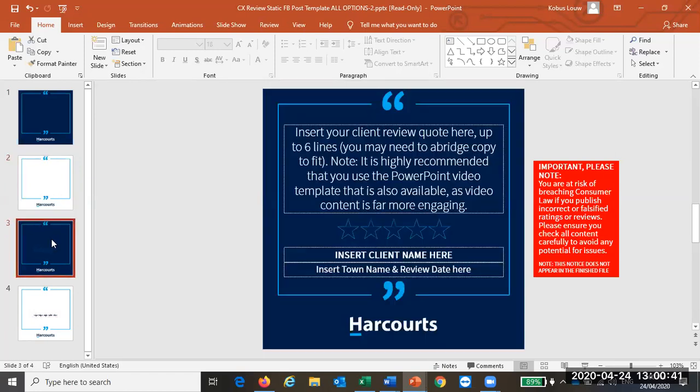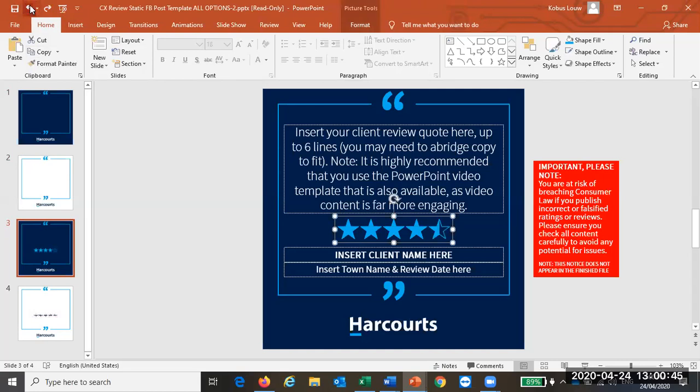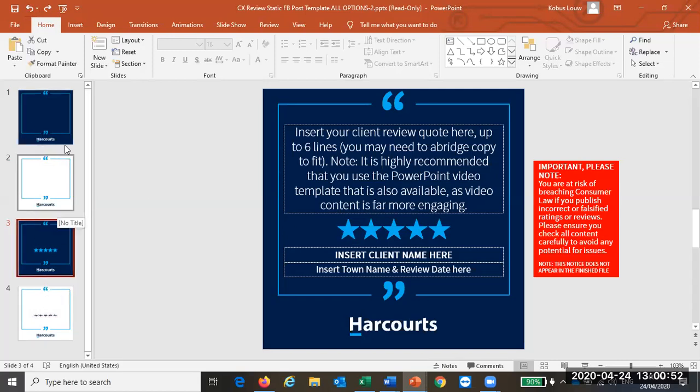But if you are a 5-star agent, then absolutely by all means, use the 5 stars and capitalize on the fact that you have been rated 5 stars by your clients. So guys, you can see, you get the idea of how you use these different slides. And